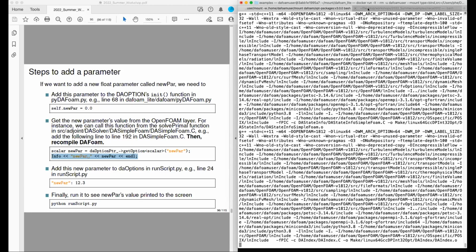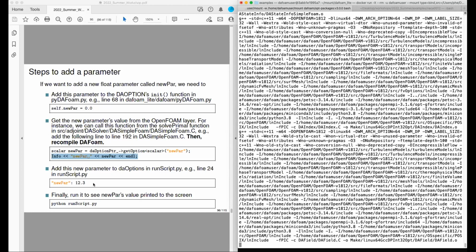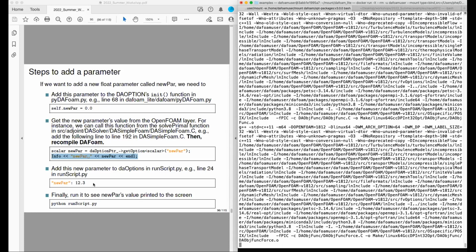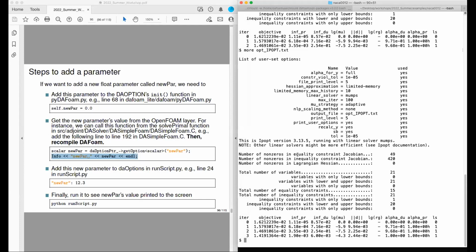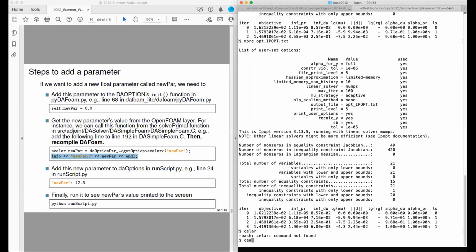While it's compiling, I want to do another thing: how do we know that this is implemented in the right way? We added it in the py.foam file, and we print it in the OpenFOAM layer. How do we know that it's actually implemented? After this compilation is done, I'm going to show you how to validate whether this feature is added. If you can see me, I can show you another terminal. Yeah, right, this is another terminal. The other one is still